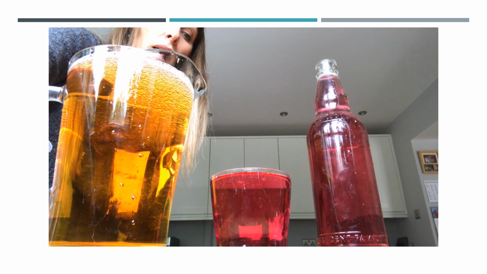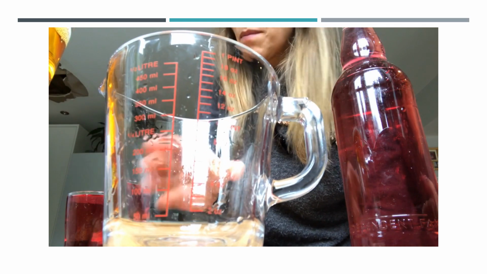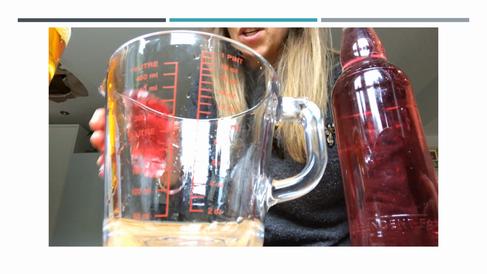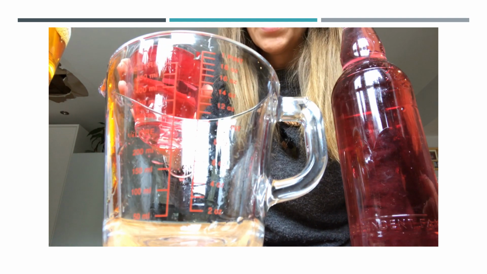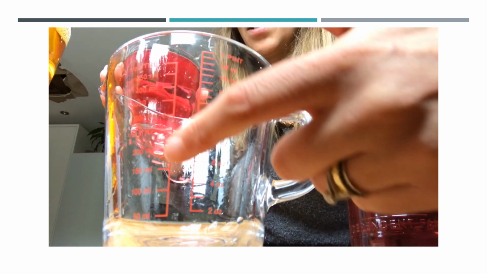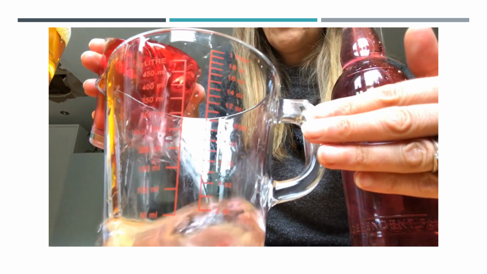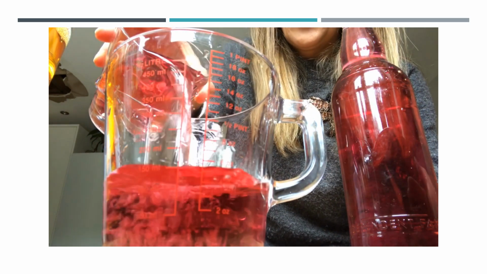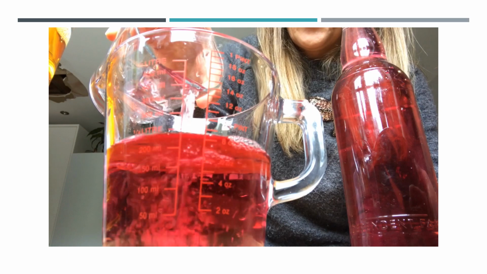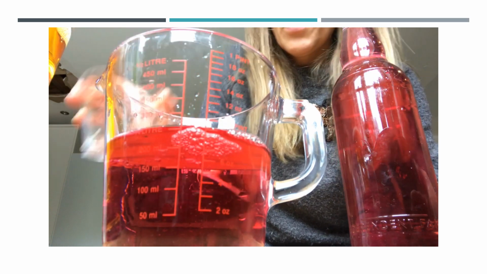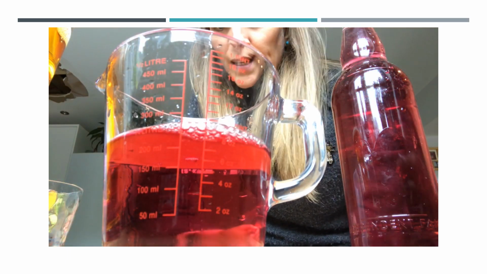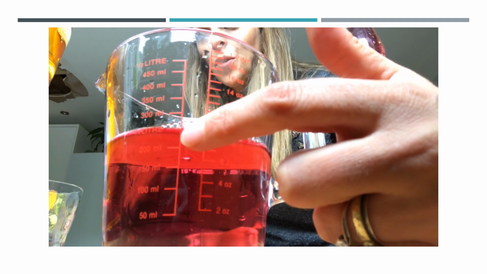So I'm going to measure in millilitres and litres. Right, I'm going to use this smaller glass jug to begin with, and I'm going to measure out how much is in the glass. So see if you can see the measurements on the side as I pour it in. There we are. That looks to me like it is about 250 millilitres. Right, let's pour that into a jug